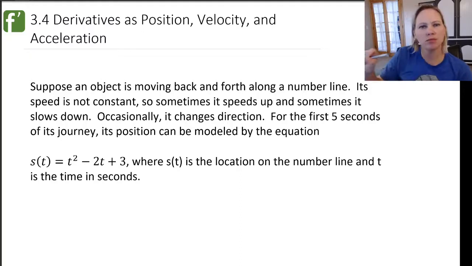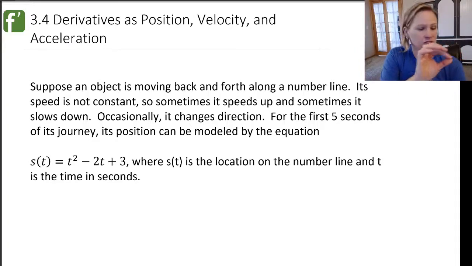So picture one number line, and you have a piece of string and you have a bead on that string and it's moving back and forth. Now that bead might move along that string at different velocities, or different speeds. So it might go slow and then it might speed up. It might stop and turn around and go back the other direction. Depending on how you're dragging it, it's going to either speed up or slow down. It'll have different speeds along the way, and at some point it's going to stop and turn around and go